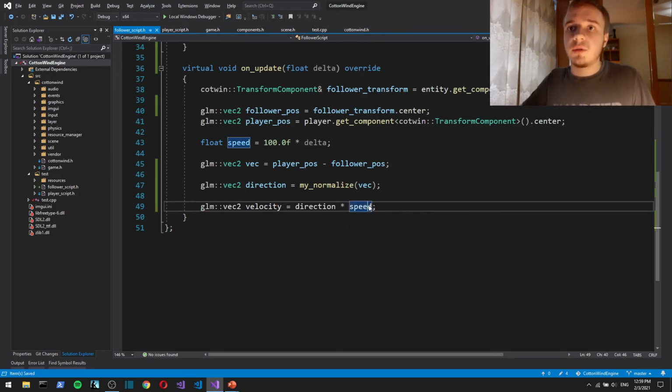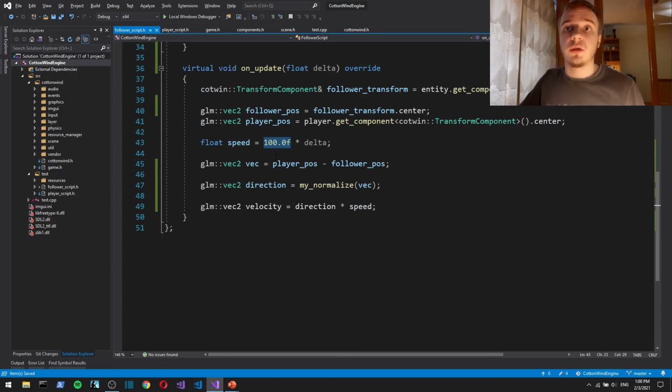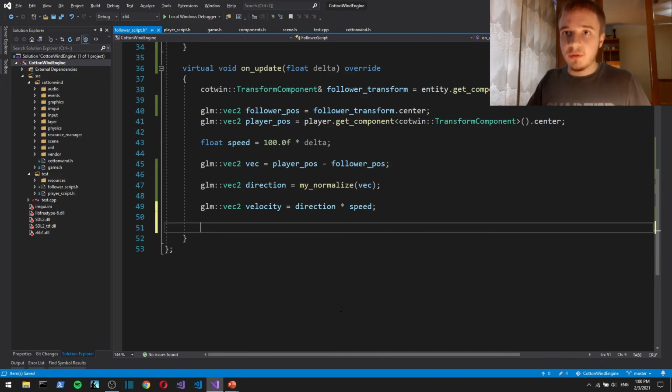So direction multiplied by speed, which is going to be 100 units, and I'm using delta to ensure that the speed is not dependent on frame rate. And then you'd probably do something like follower position plus equals velocity.